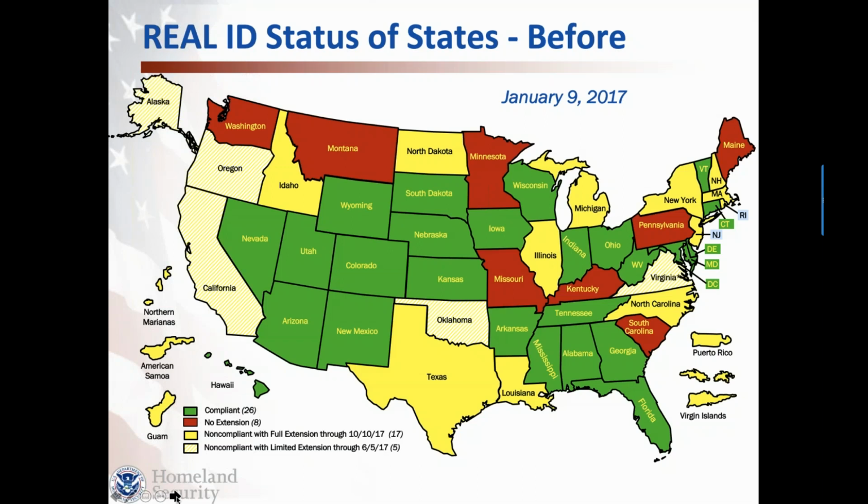So this just shows you a few years ago where we were. At that point, states had a long way to go. We only had 26 compliant states. We had many other states that either were working on their implementation programs, or you could see the ones in red weren't working at all. In fact, many of them had laws on the books preventing them from coming into Real ID compliance. And then if you go to the next slide,